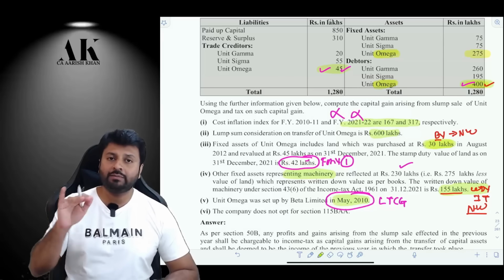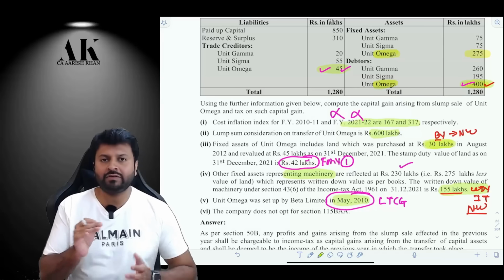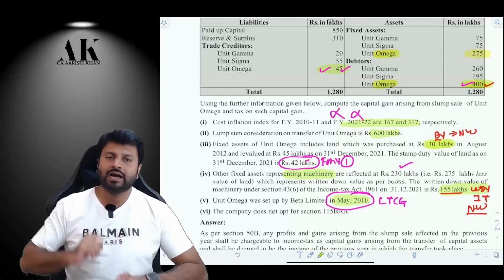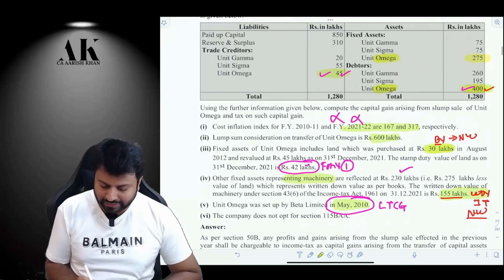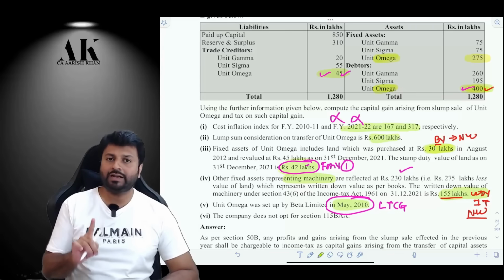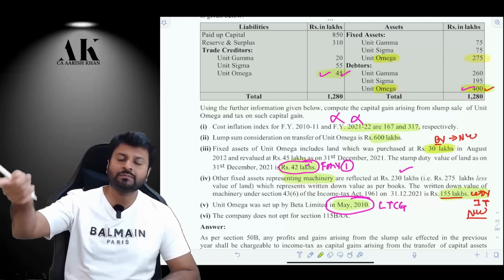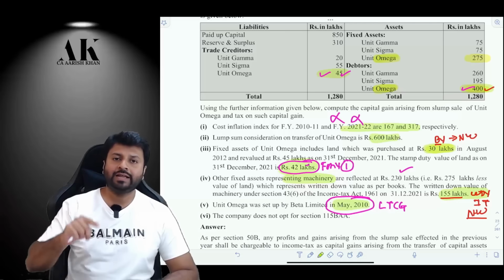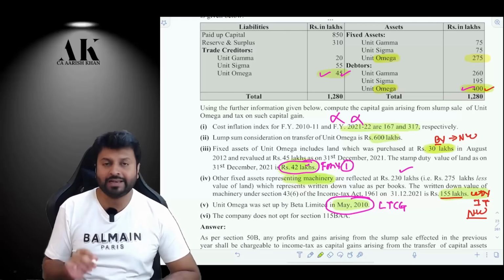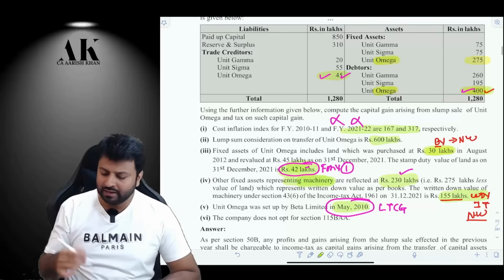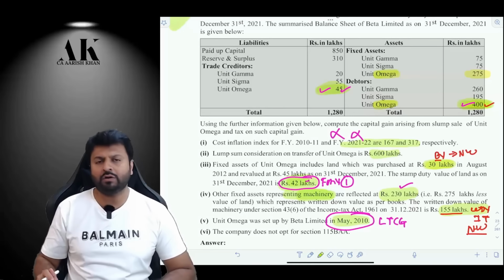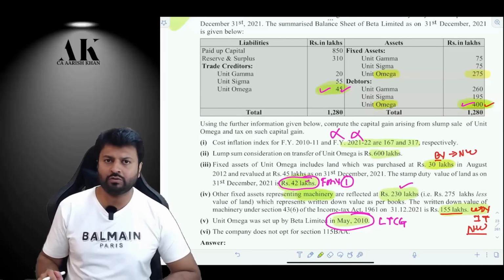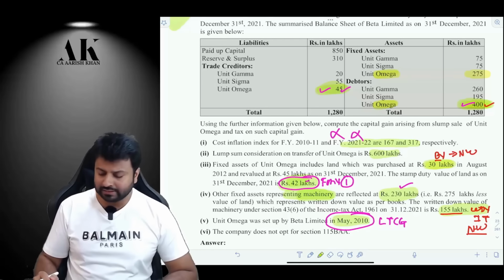Okay. Now, while computing the FMV1, you have to be very careful. FMV1 is nothing but the assets which you have transferred to the other person, that is which you have transferred to Delta. Okay, that is the buyer. Now, while taking the net worth, the land is taken at book value. But while computing the FMV, the land will be taken at stamp duty value. Okay, the other assets will be taken at what? Book values, that is 230 lakhs while computing the FMV. Rest of the things will be same, that is debtors will be valued at book value, and your liabilities will also be valued at book value. Okay, now that will give you your sale consideration number 1.